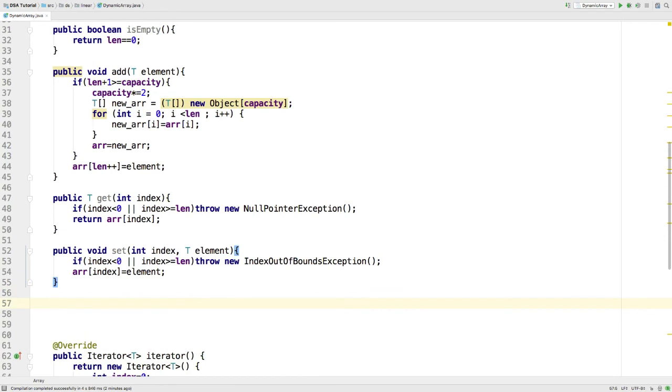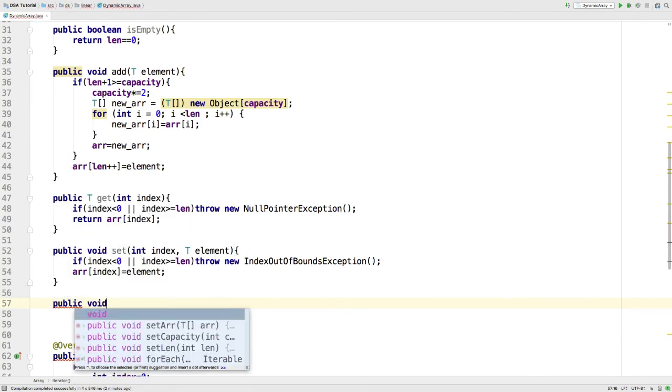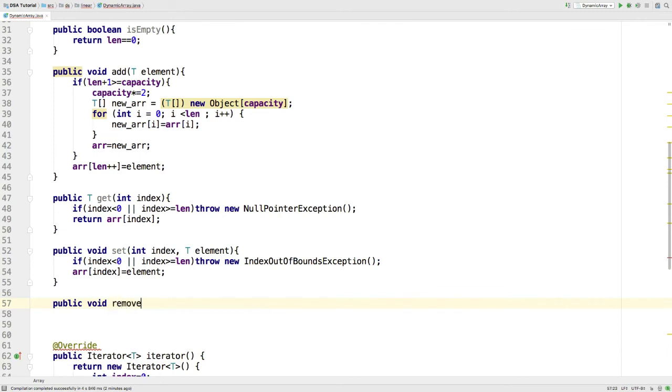Now we also need a method to remove an element from an index. So let's declare that: public void remove, and it will take an index.